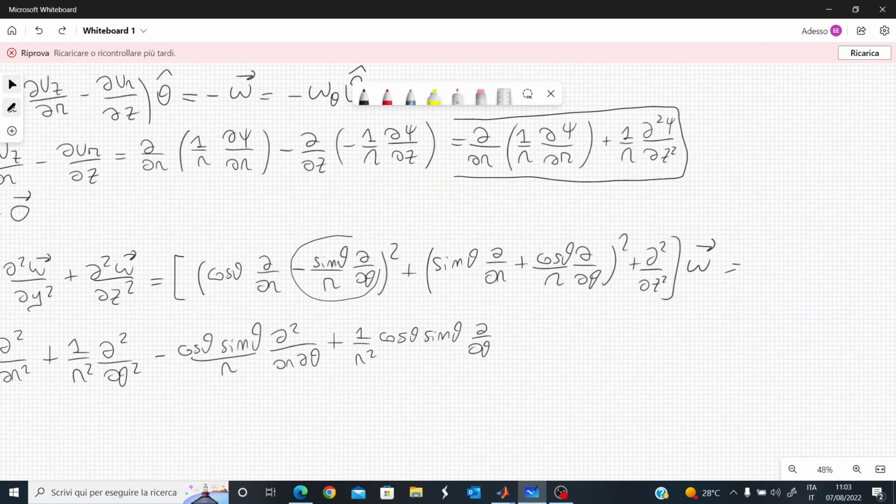Then you will have this term acting on this one, giving rise to the following two terms, plus sine squared theta over r d over dr, sorry, minus sine theta cosine theta over r d squared d theta